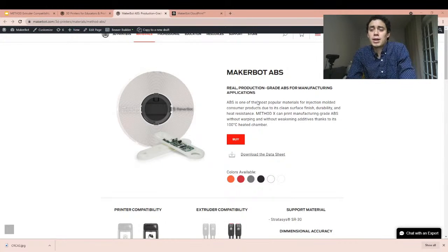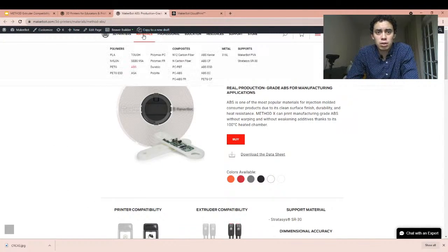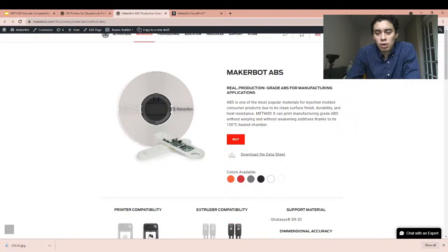Here we go. Going to our website, if you hover over materials and under polymers, you'll see ABS. ABS, as you might know, is one of the most popular 3D printing materials overall. It's also one of the most popular injection molding materials, which is one of the reasons why it's been so popular with 3D printing. The easy standard reference is Lego, right? Lego bricks are made with ABS, and